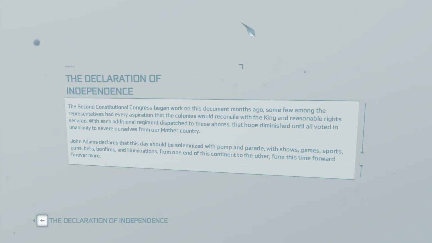John Adams declares this day should be solemnized with pomp and parade, with shows, games, sports, guns, bells, bonfires, and illuminations from one end of this continent to the other, from this time forward, forevermore. And from is of course spelt F-O-R-M. How very stupid of me